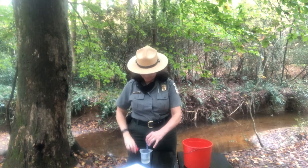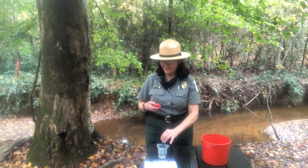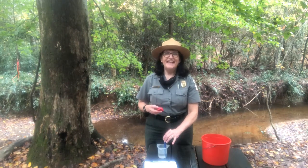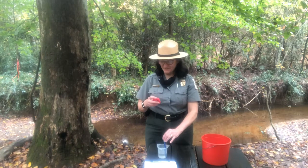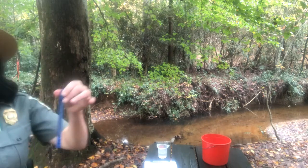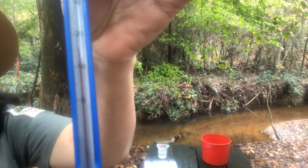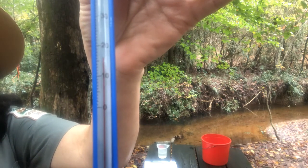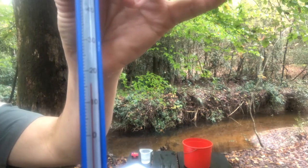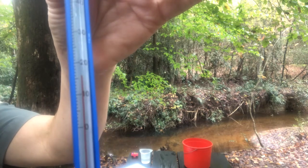Okay, let me check the temperature. Oh, we're getting close to 2 minutes. Count with me. 10, 9, 8, 7, 6, 5, 4, 3, 2, 1. Let's see if the temperature is higher or lower than the air temperature. Let's take a look. Can you see where the red line goes up to on there? Is it above or below the 10, above or below the 20? Is it lower or higher than it was before? Well,